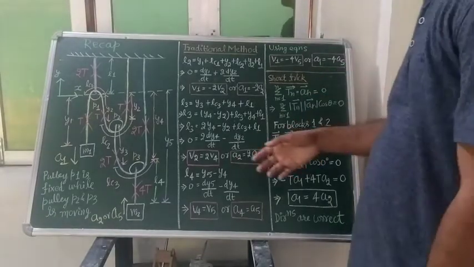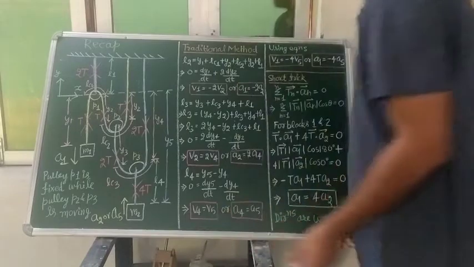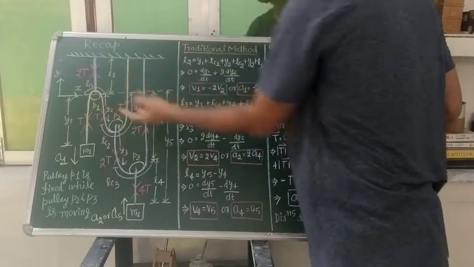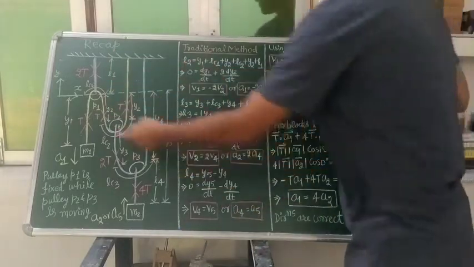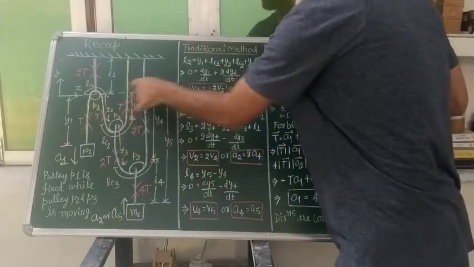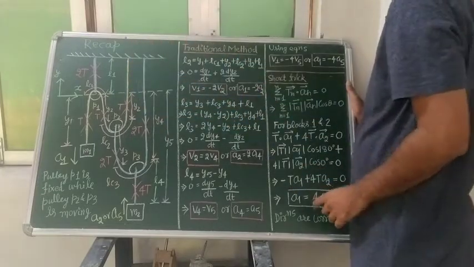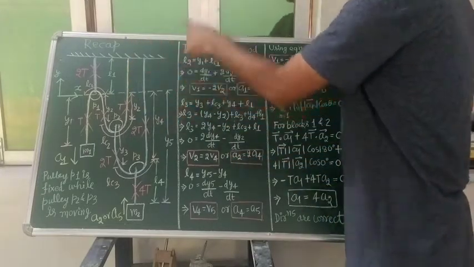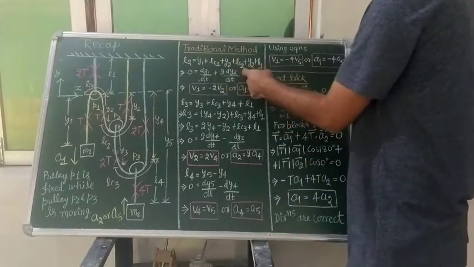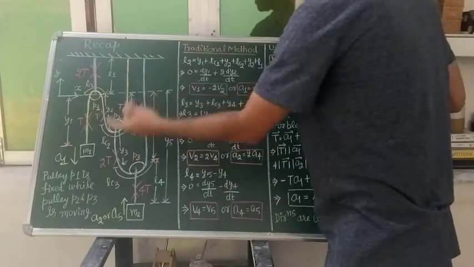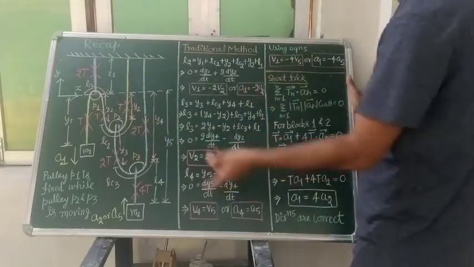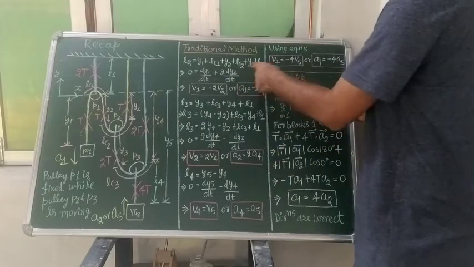Then students, after selecting the lengths of the strings, what will we do? We will write the length. Suppose we select the second string; the first length is not going to change. So L2 we can write as y1 plus LC1 plus y2 plus LC2 plus y2 plus L1. Of course, the length of this string is not going to change. We have assumed our string to be inextensible, and LC1 and LC2, the lengths of the string over the first and second pulleys, are not going to change. The same length we will get again and again over the pulley, so these will also be constant.